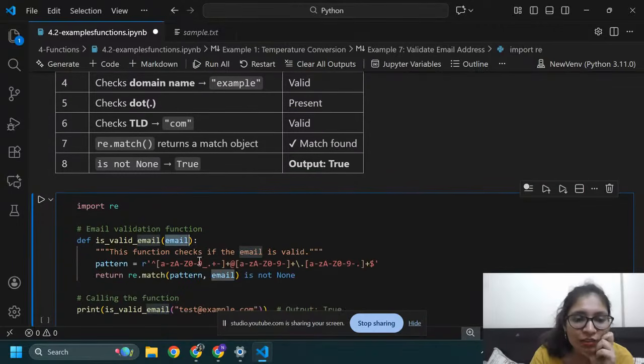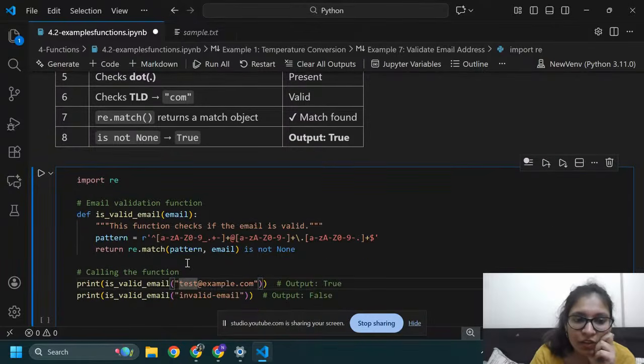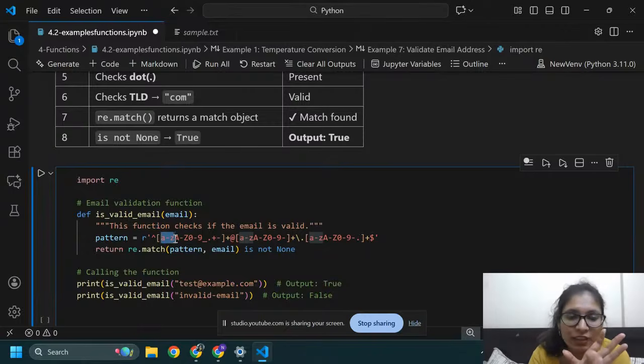So first of all, in this pattern, it will check the username, this text. Because I am going to use small a to capital Z, we can match that we have a small letter or capital letter, or from capital A to capital Z. And it will match numbers from 0 to 9.